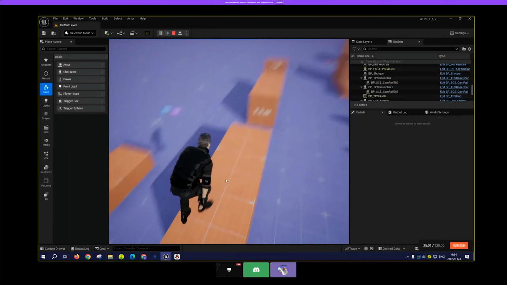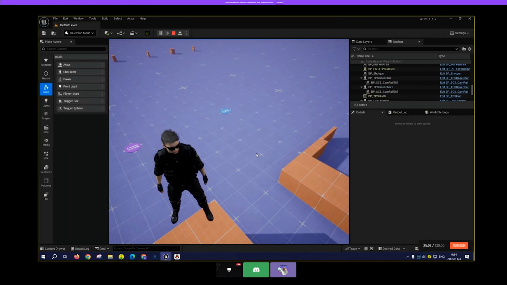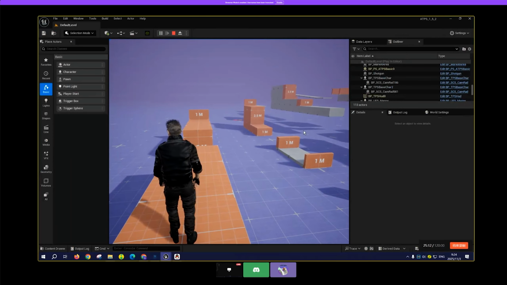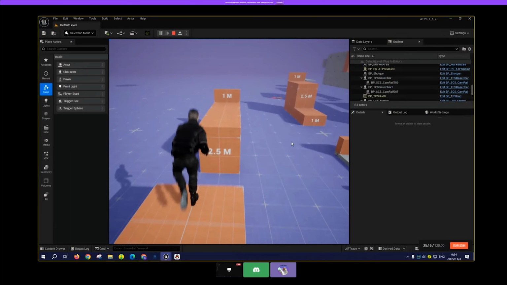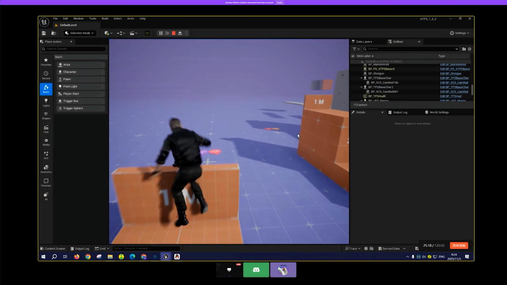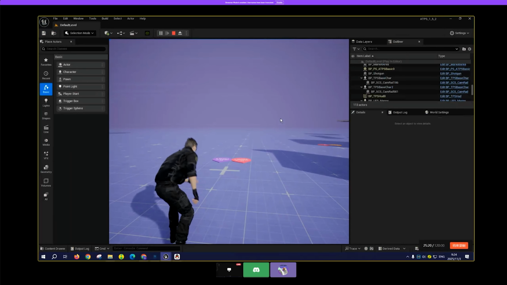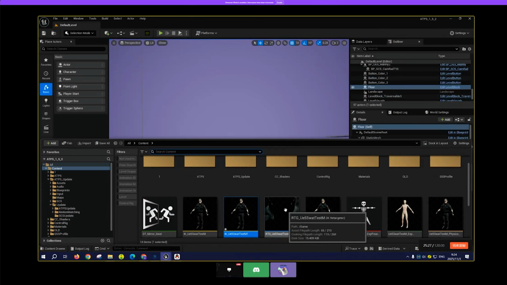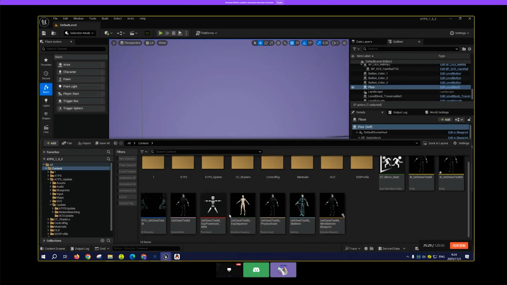Also our motion warping is not working properly, because the UE5 rig uses an interaction bone as the warp target, but right now our skeletal mesh doesn't have that. So let's today have a look at how to retarget the